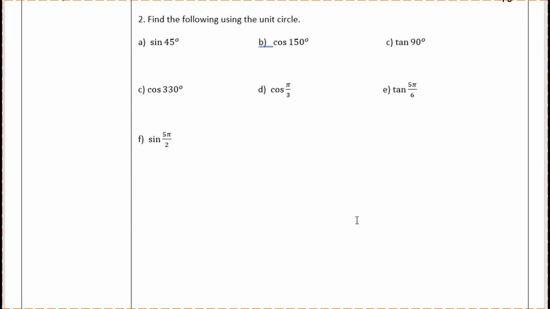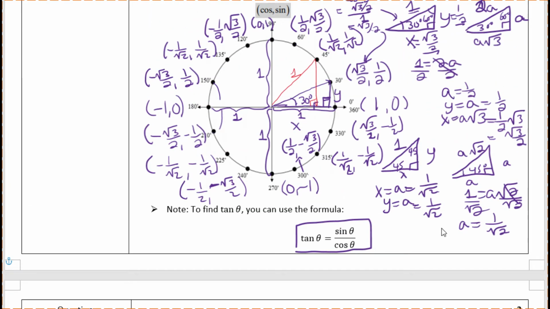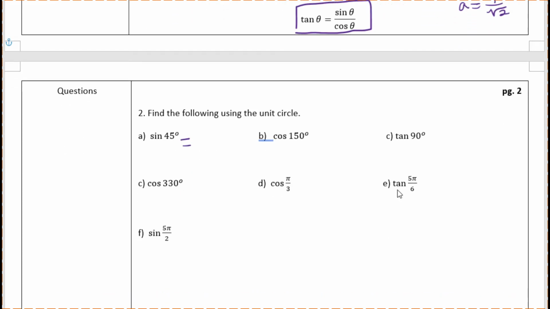So we're going to be referring to that unit circle for number 2. Alright, so for part A, you want to do sine of 45 degrees. So you want to go to the 45 degrees on the unit circle, and that is over here, so you can see it's 1 over square root of 2 and 1 over square root of 2. Okay, so the coordinates on the unit circle for that guy is 1 over square root of 2